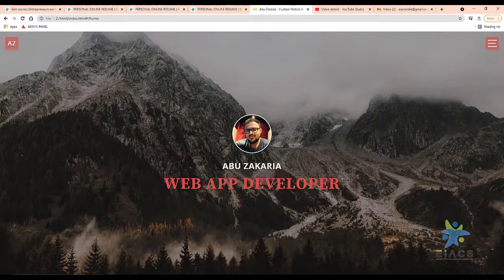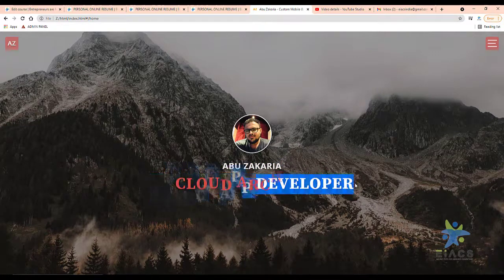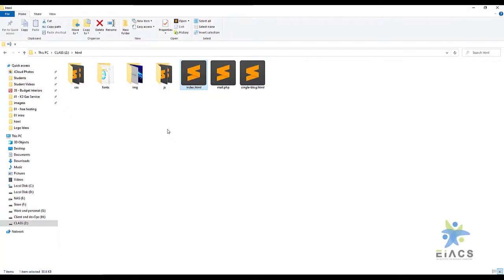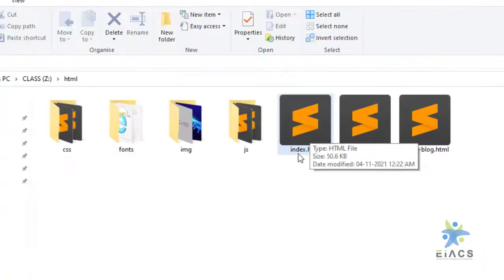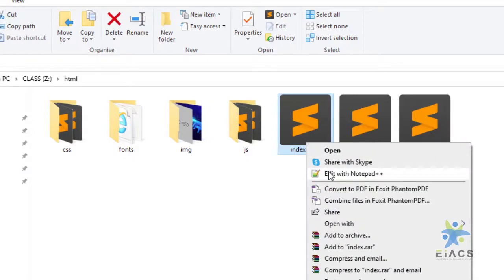Okay, so now we'll go to this text change. Suppose it is displaying Abu Zakaria and mobile app developer, and these things you want to change. So what we'll do, we'll again go to, as I told you, everything is in this index.html file. We'll edit it with Notepad++,